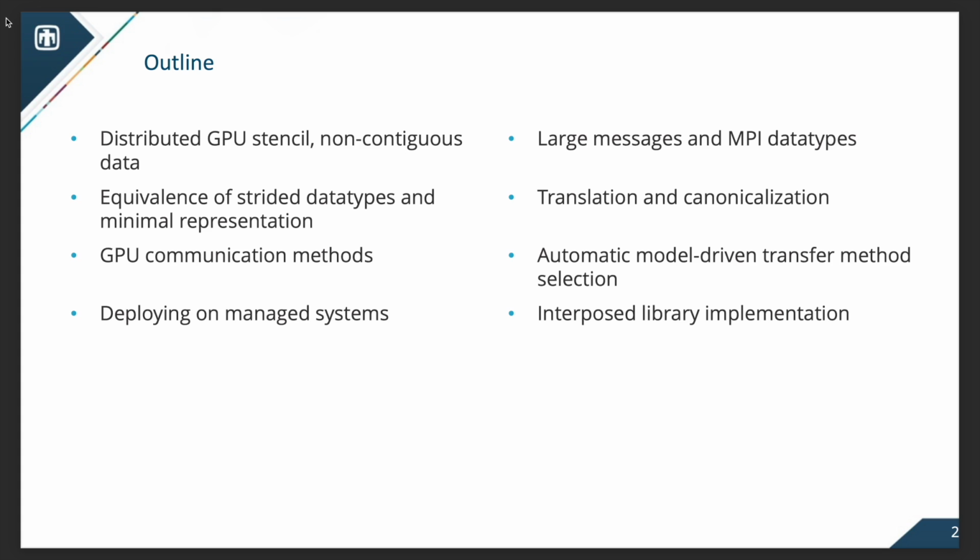Thirdly, we observe that the GPU communication methods are not all created equal. That is to say, there are different ways to get the data from the GPU to the CPU or between GPUs. And we develop a simple performance model to automatically determine that for each individual MPI communication call. And then the final piece of the puzzle is how you actually evaluate these changes on a real system. And so we create an interposed library implementation that we can evaluate on the Summit system at Oak Ridge National